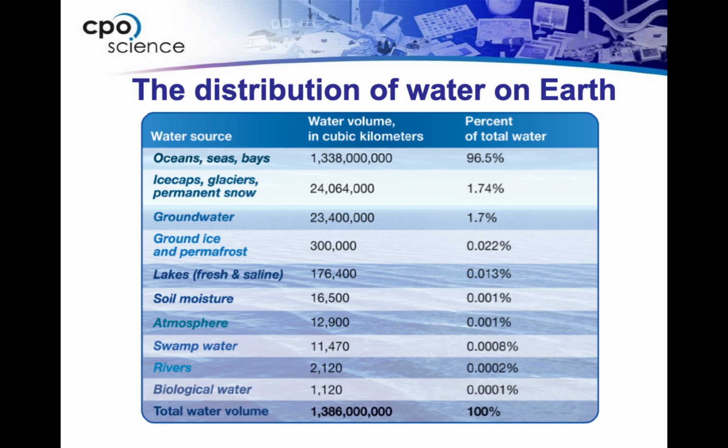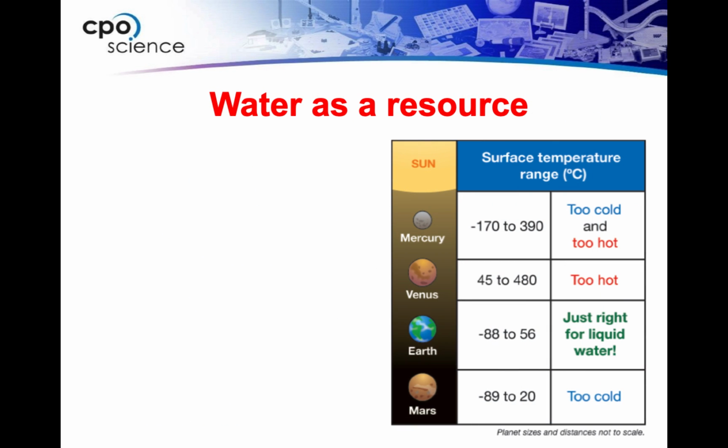So now when you start to look at what's the stuff that we can actually use for everything that we use it for, it is a really, really small amount of water. When you look at the total percentage of some of those other places that we find it, groundwater, lakes, in the atmosphere, rivers, really, really small compared to the amount of water that we actually have on Earth here. So overall, we do not have a lot of water available to us to use. And that's why it's really important to respect the water that we have and treat it as such so that we can use it for the things that we need it for.